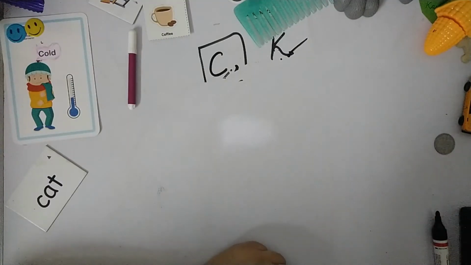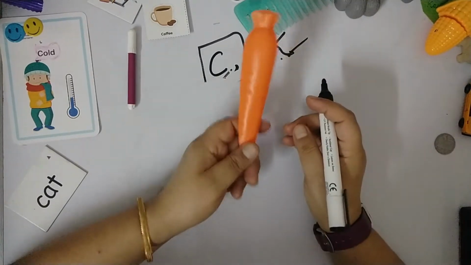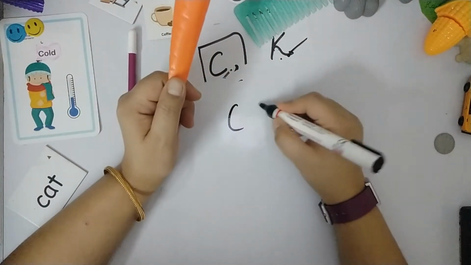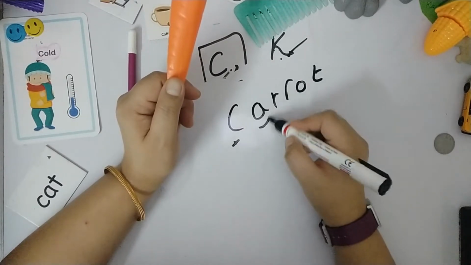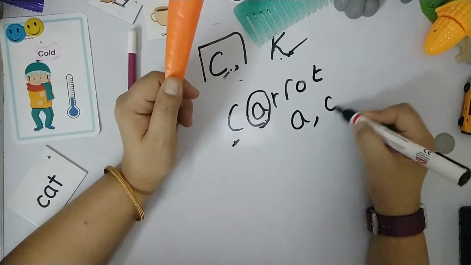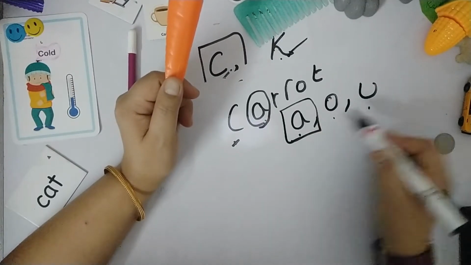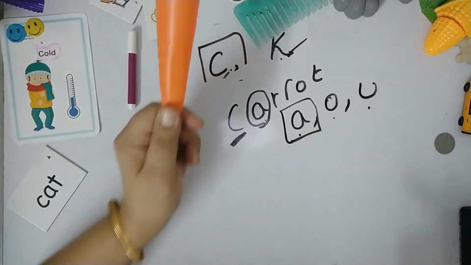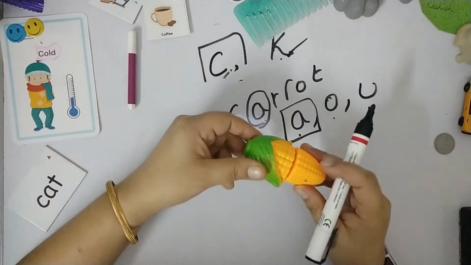Now again you can say like this, now the cat is not well, so we need to give some veggies to the cat, some healthy veggies. Now what's this? So the child will say carrot. So it is carrot. Now k sound is immediately followed by A. So whenever after k sound we are able to listen vowel A, O and U, we are writing C here. So carrot.